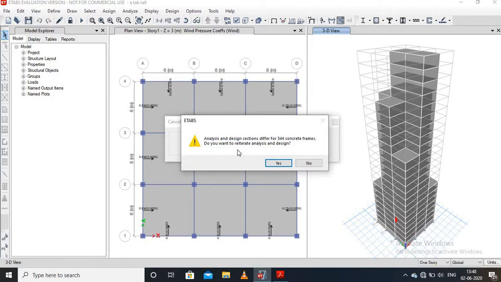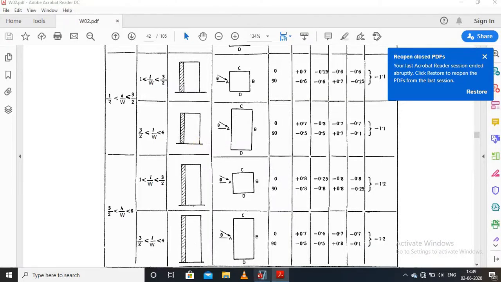It is showing that analysis and design sections are different. It is showing that some problem is occurring. It is because initially ETABS software uses the smallest section for the design, but there is no problem. ETABS software automatically chooses the most efficient section in the next step. Then go to the yes option.